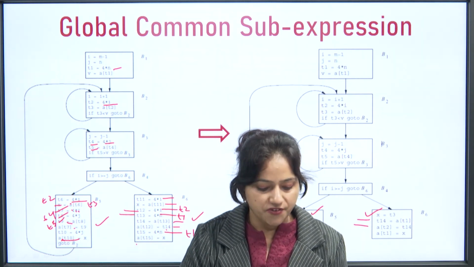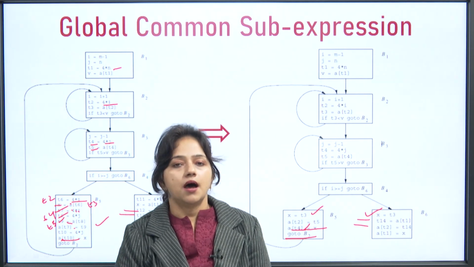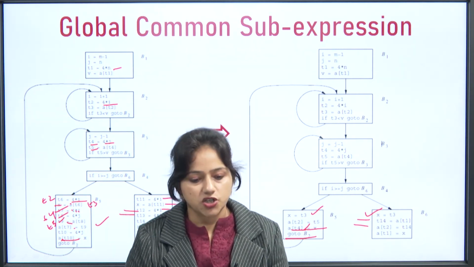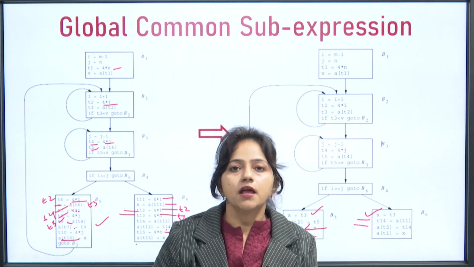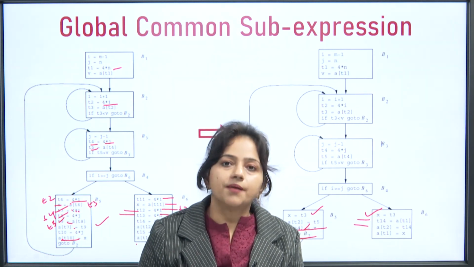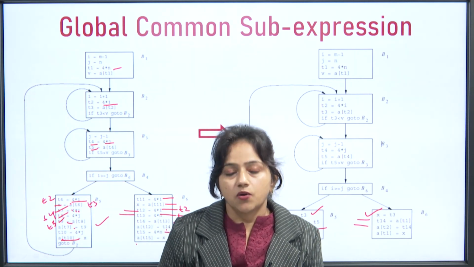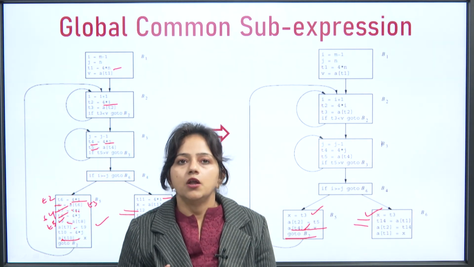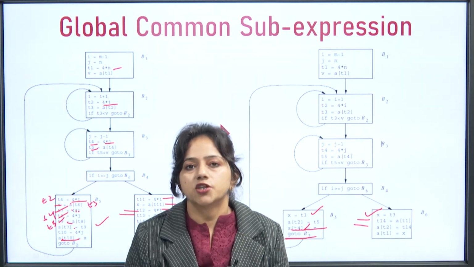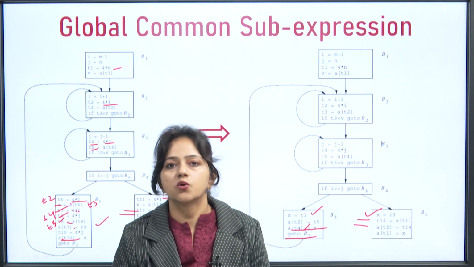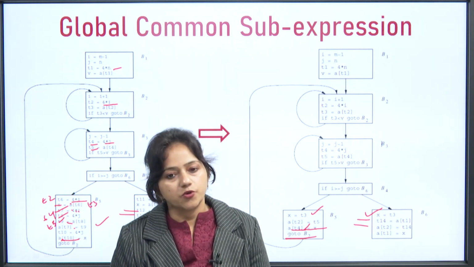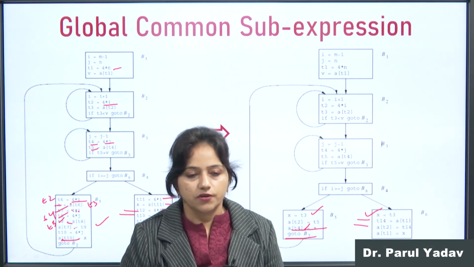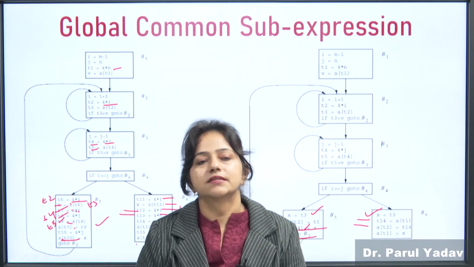So in today's class we focused on how we do machine independent code optimizations. We talked about what optimization is. Basically, in optimization we are improving our code and obtaining better code, and for doing the optimization there are many techniques like local common sub expression elimination, global common sub expression elimination, code propagation, code motion, induction variable, reduction in strength and many more. The rest of the techniques will be discussed in the next class.